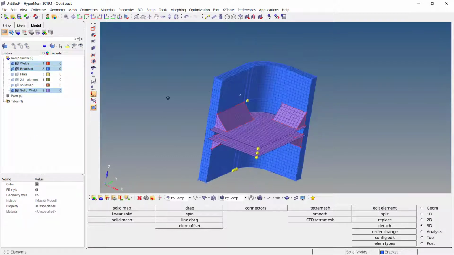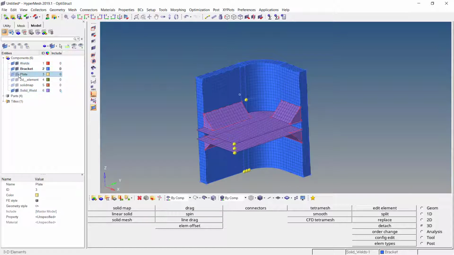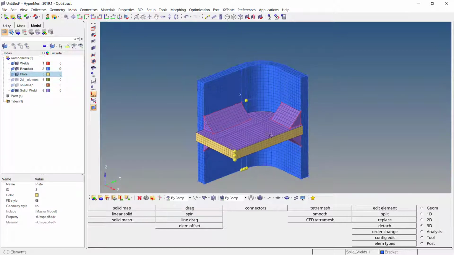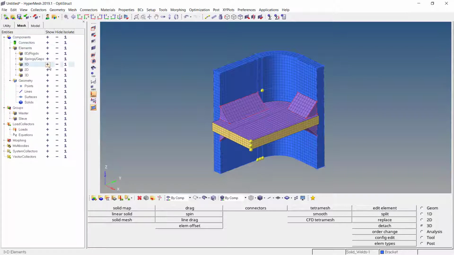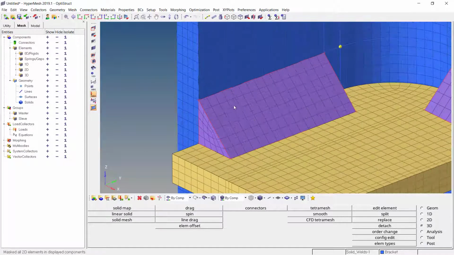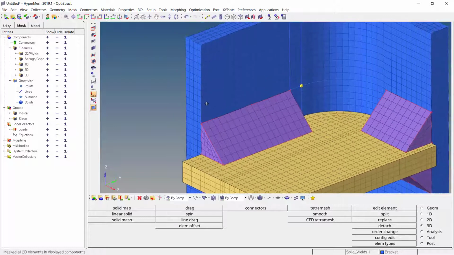Right click on it and set it to isolate only. So here I will have to switch on the plate as well. From here again I will mask the 2D element because we don't require the 2D element. In case of solid weld, a very important check that you have to take is that there should be connectivity between the weld and the respective component. But these two components should not be touching each other.